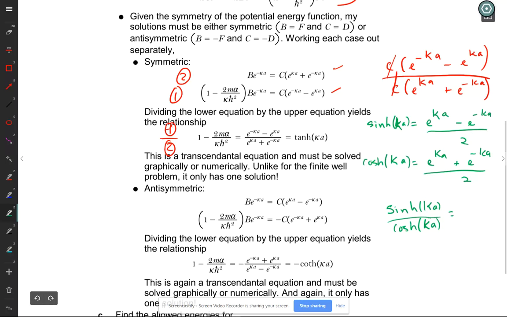So sinh over cosh would be e to the kappa A minus e to the minus kappa A